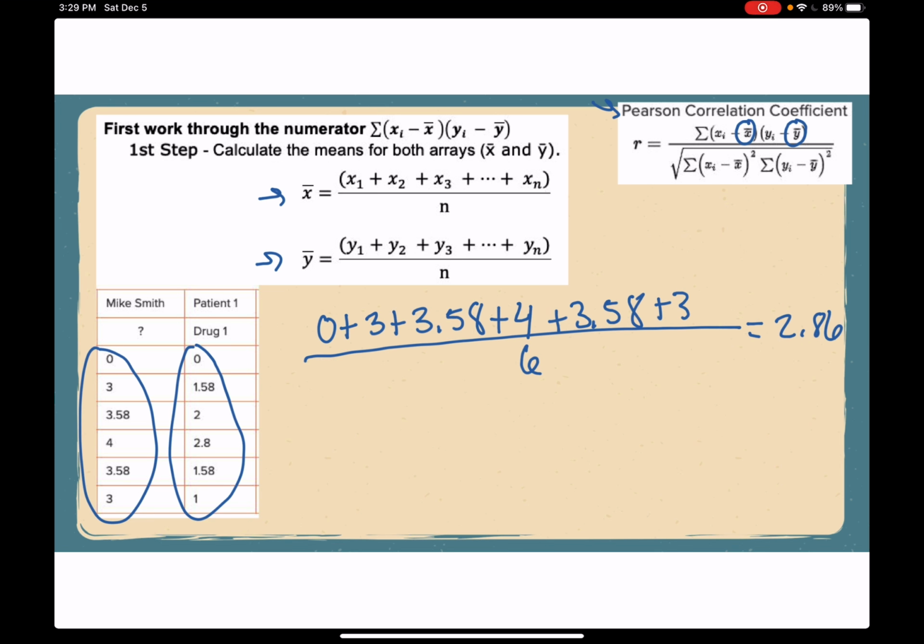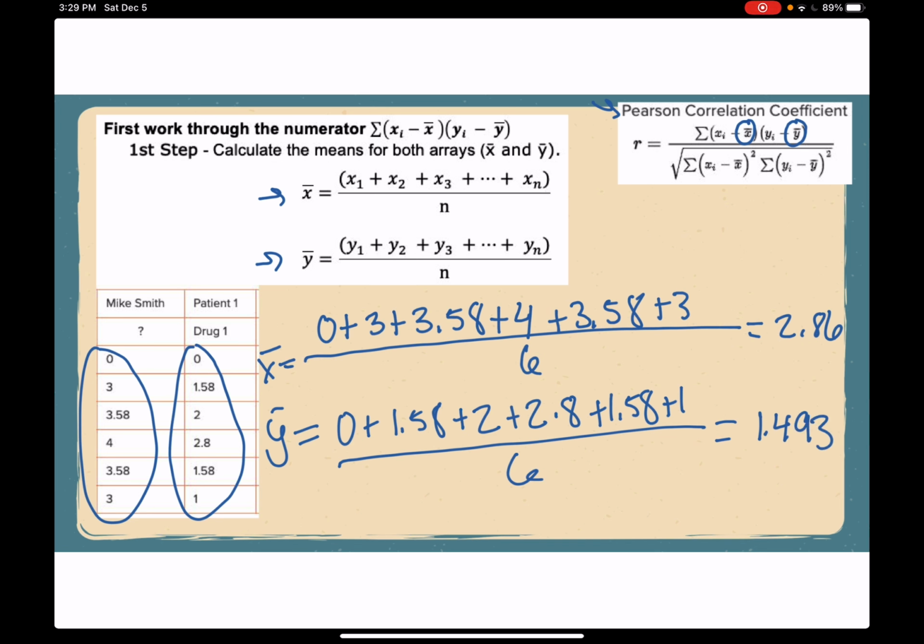And then same thing for Y's, which is going to be patient 1. So Mike will be X for all of these, and then Y will always be whatever patient we're comparing to. So patient 1 is our Y's. So again, our Y mean equals 0 plus 1.58 plus 2 plus 2.8 plus 1.58 plus 1 all over 6 as well. And that will get you